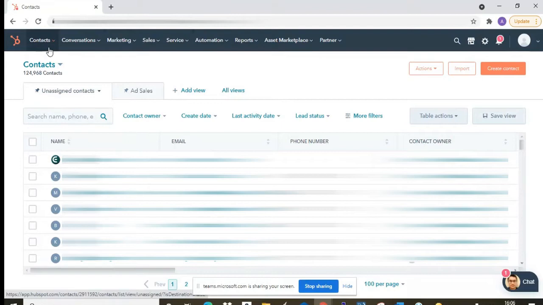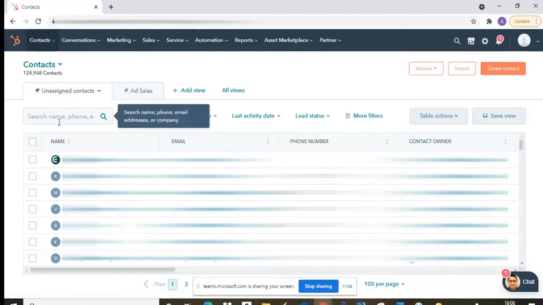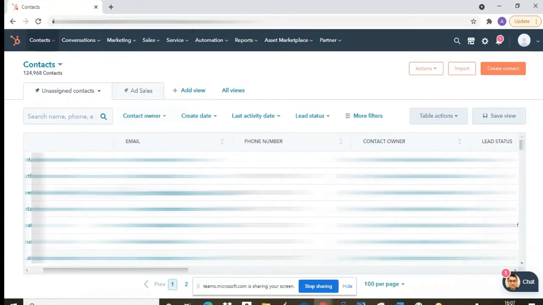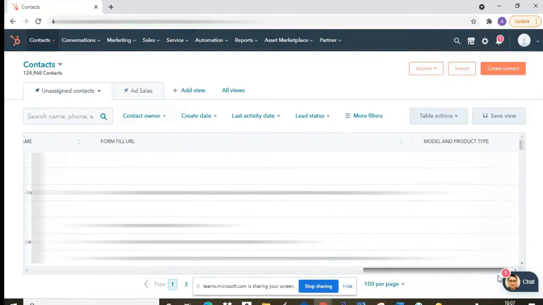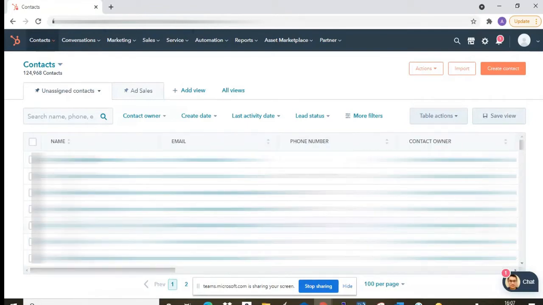So here in contacts, we are able to see all the contacts or leads which are generated from my website, whether from any source, be it chat, any HubSpot form, any non-HubSpot form, or any other forms rolled out on my website, or any other source from where I want to capture leads. So this gives me a brief of all those contacts. Now when a contact comes into my system, it has various attributes attached. For example, it will always have a name, an email, a phone number, and then various other attributes which we can also set and which are sometimes set by HubSpot. It depends. Not going deep into that.